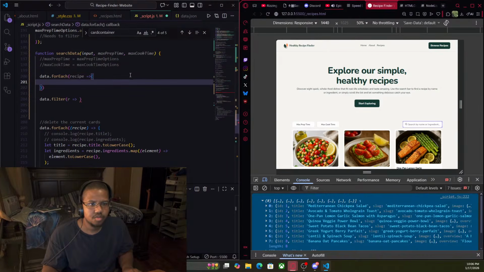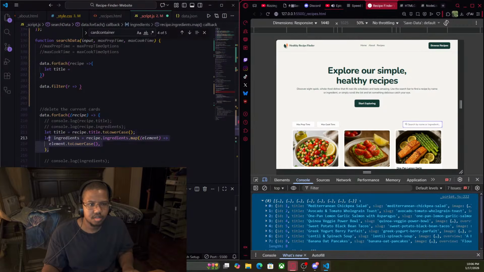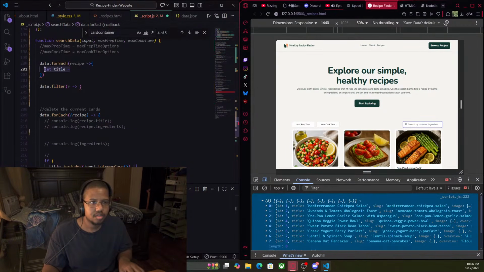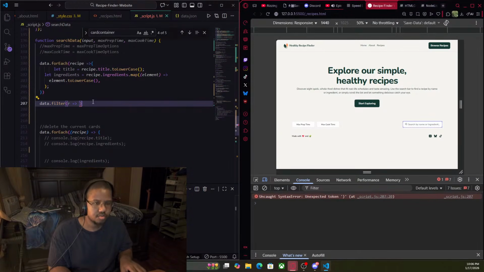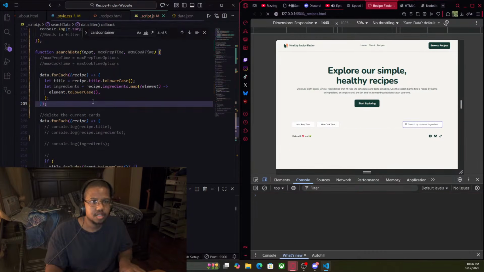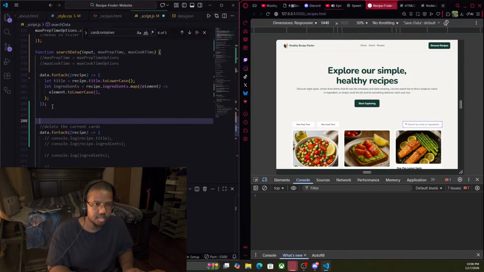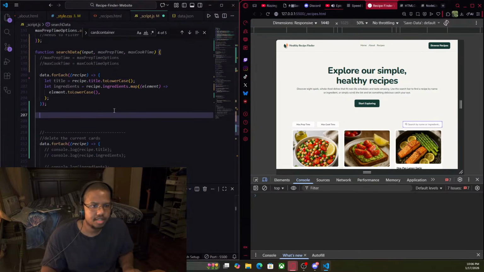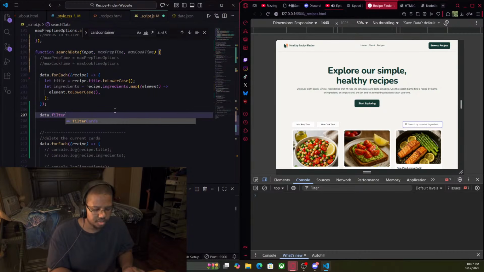We do want to do let title, we just want this. All right, so with this, we're just gonna leave this alone. So data dot for each, and then we make that to lowercase. So then we have our data. So then we can say data dot filter